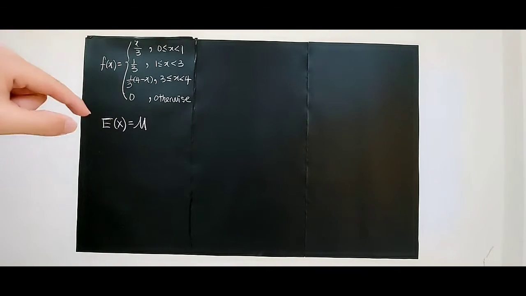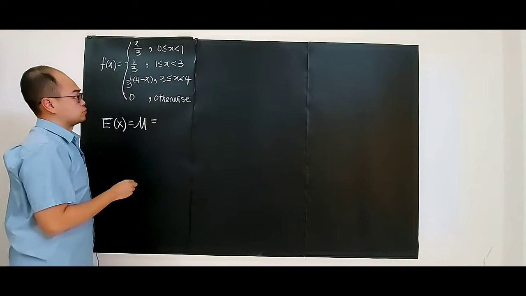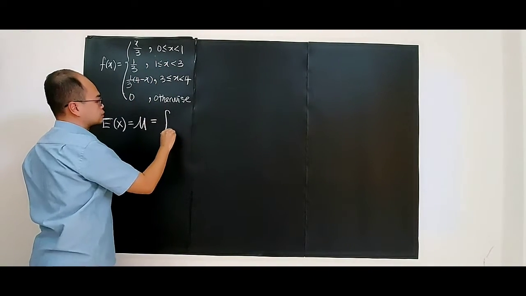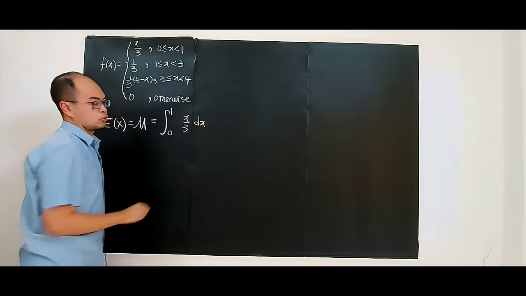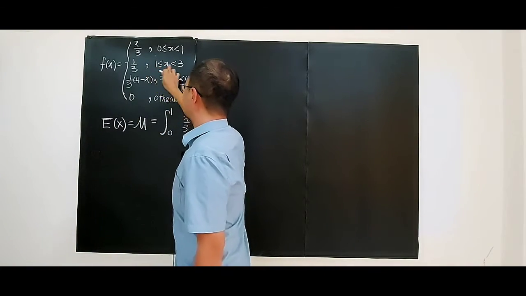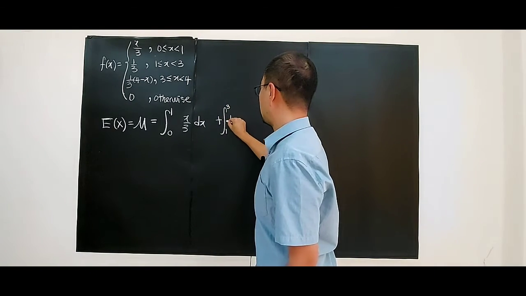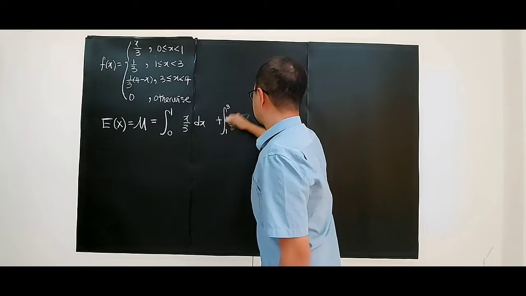I'm not going to introduce all the formulas, but you just see how I'm going to find the mean by using the probability density function. Very simple. You just integrate everything. From 0 to 1, x over 3 dx. Plus the integral from 1 to 3 of 1 over 3 dx,